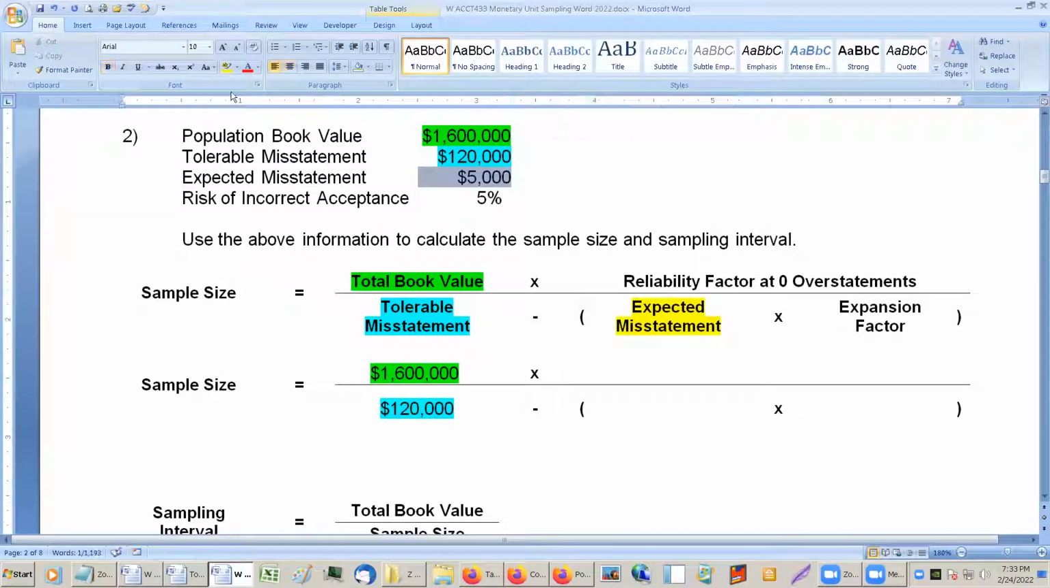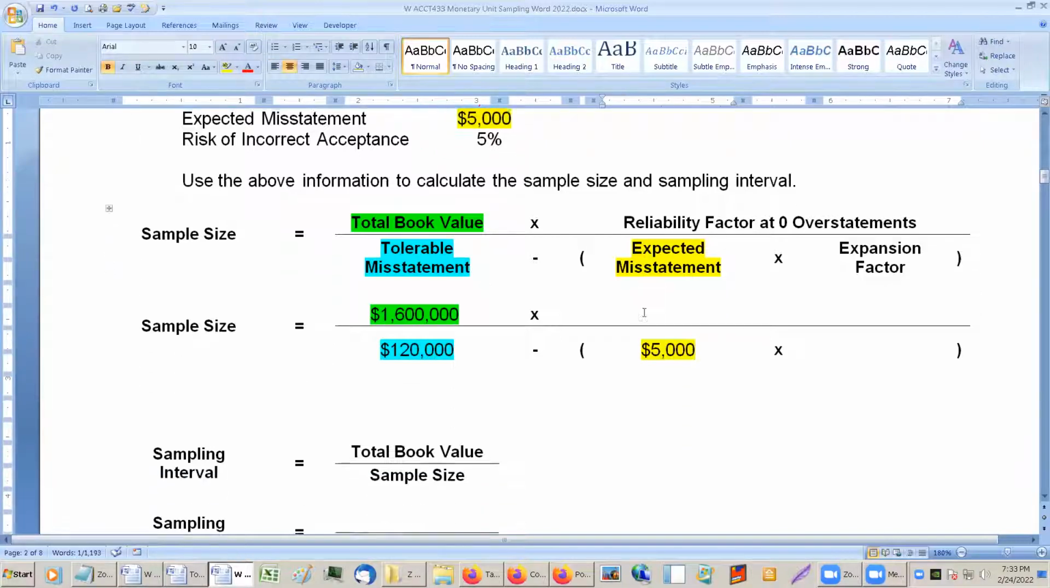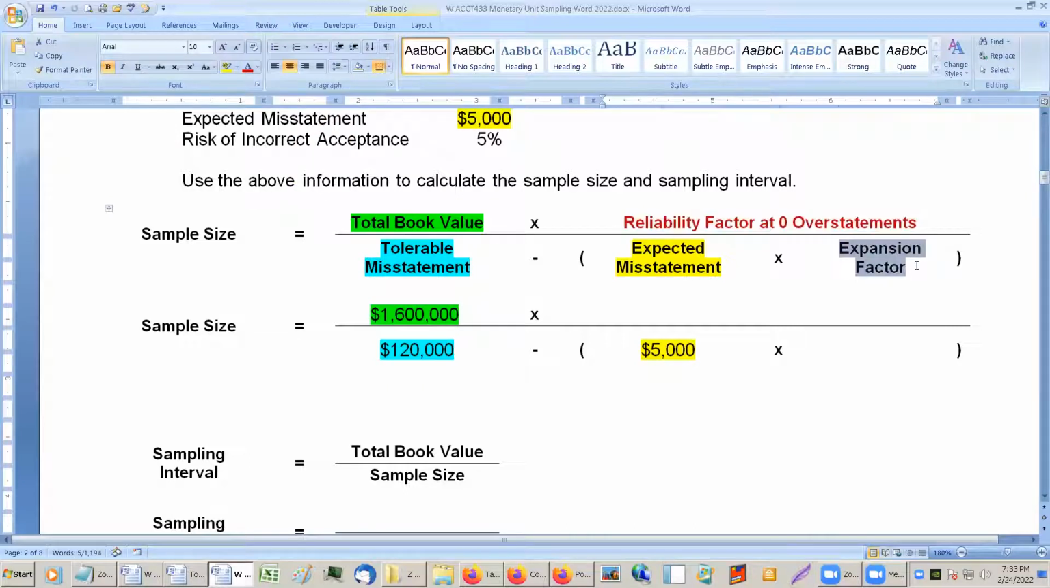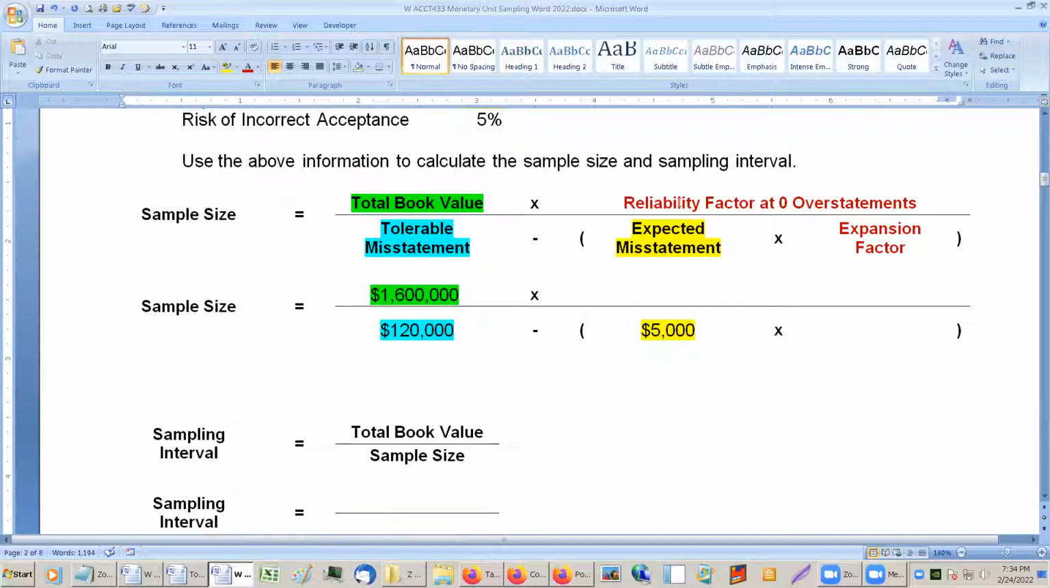Expected misstatement. And two weird factor things: the reliability factor and the expansion factor, which we'll get to in a second. All right, so these are